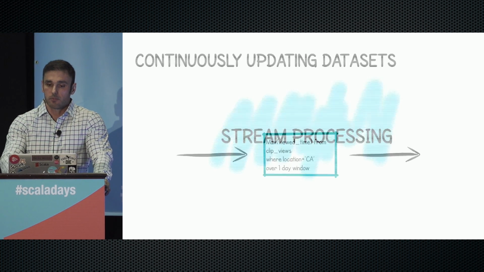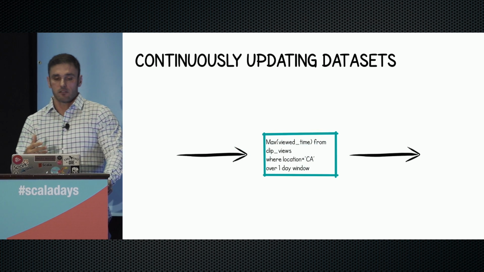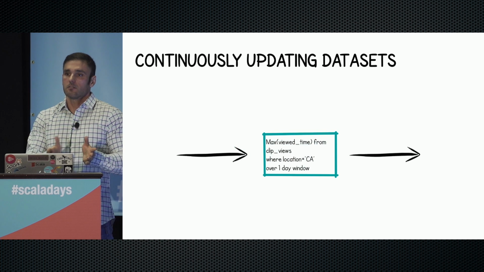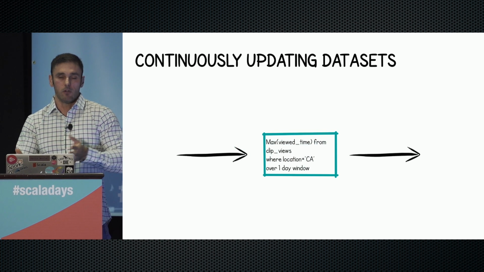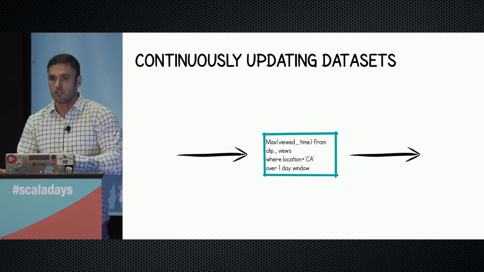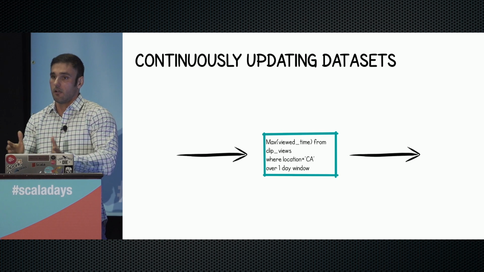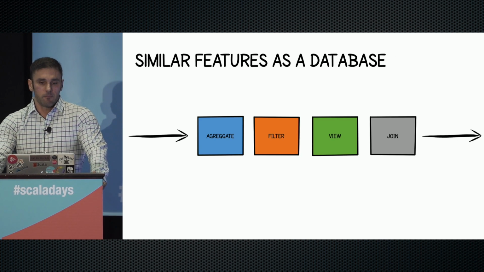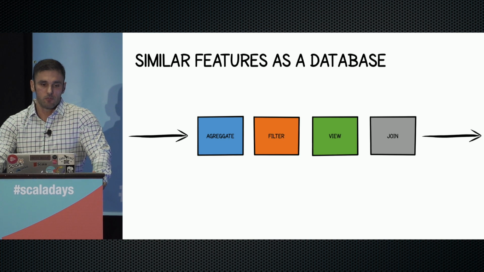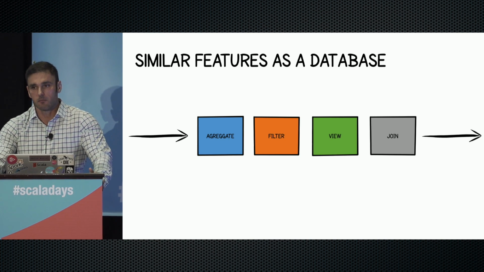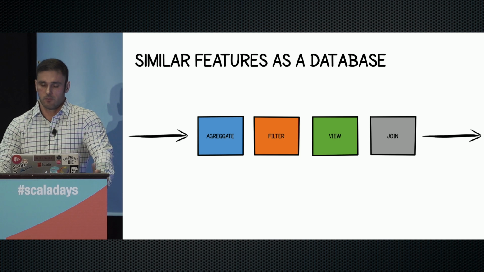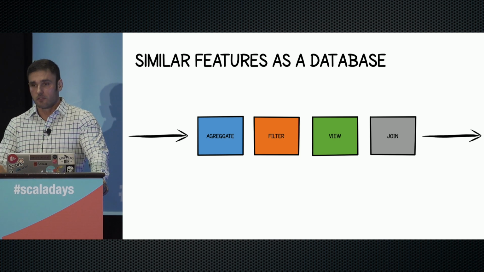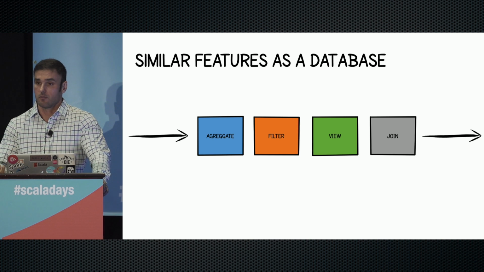As opposed to a stream processing framework, where you have these continuously updating data sets. They're always being updated, and it's usually over a window of time, over a day or over 2 seconds. There's usually some type of window aggregation that happens there. And in terms of features, most stream processing frameworks do support very similar features to a database. You can do aggregations, you can do filterings, you can do views, you can do joins,